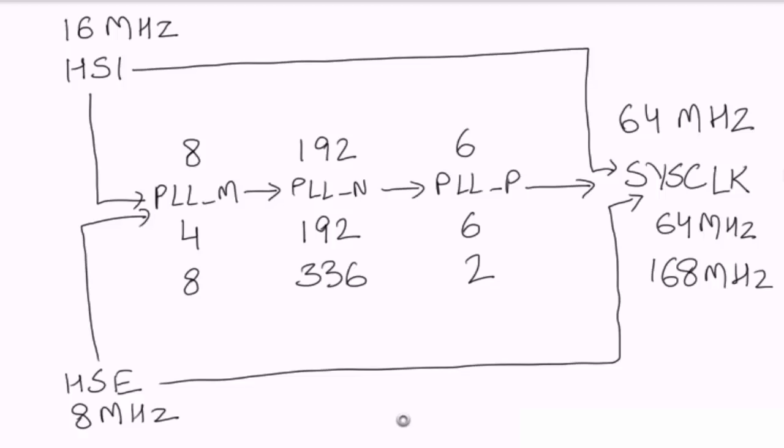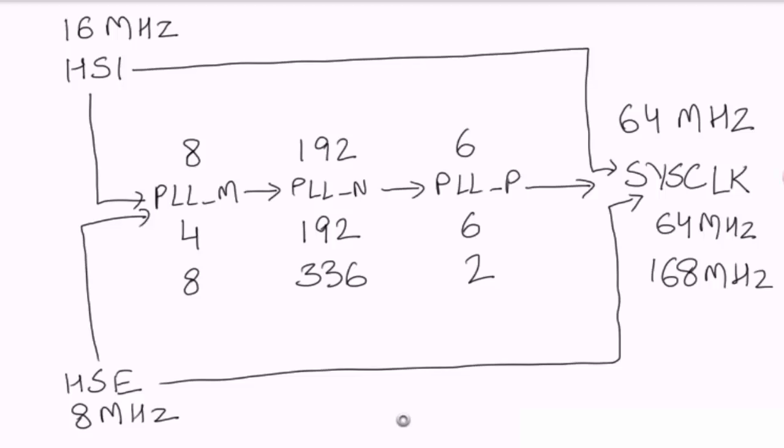Now this diagram is just a big picture of the clock configurations. Some other parameters exist which I haven't shown here, which also affect the frequency, but the ultimate idea is similar to this. Now you must be wondering, we have already written a program that lights up the LED and blinks it. Then what clock source are we using in that program? We haven't defined anything related to clock selection in our program. So how is our program working, right?